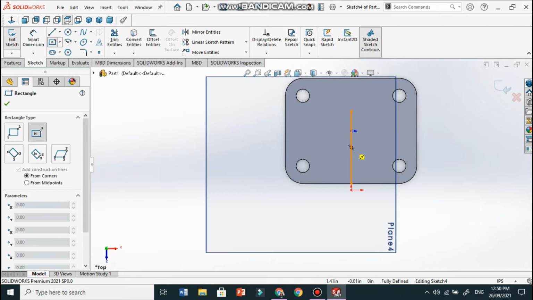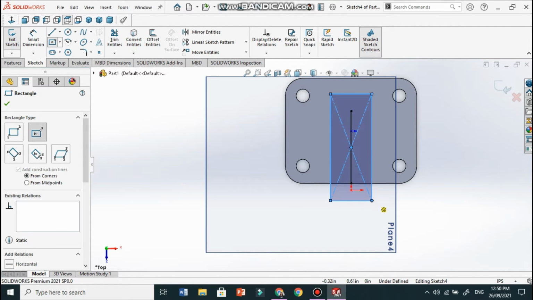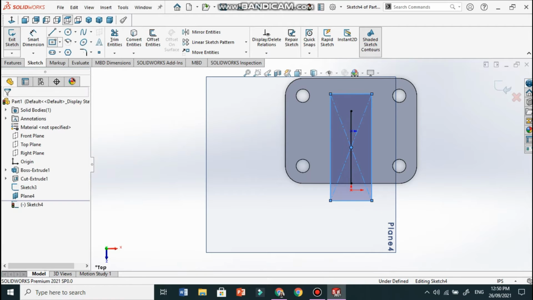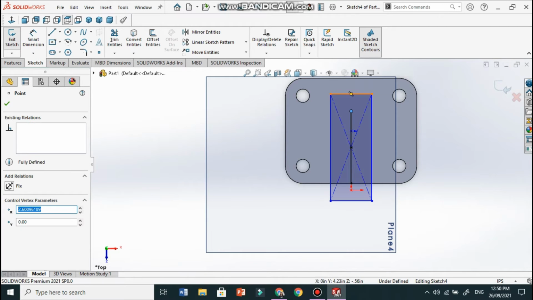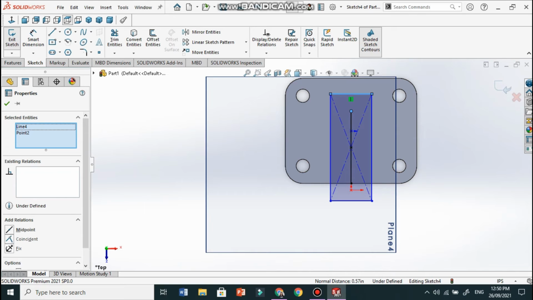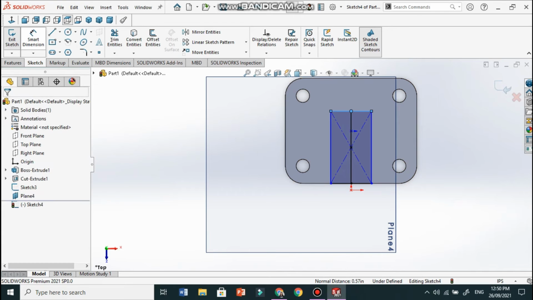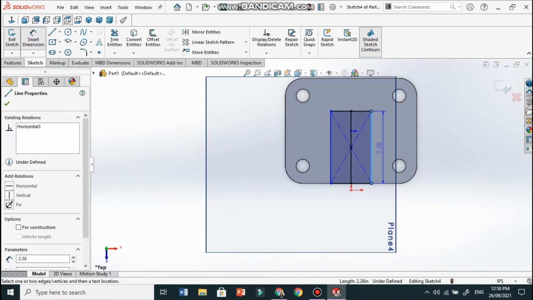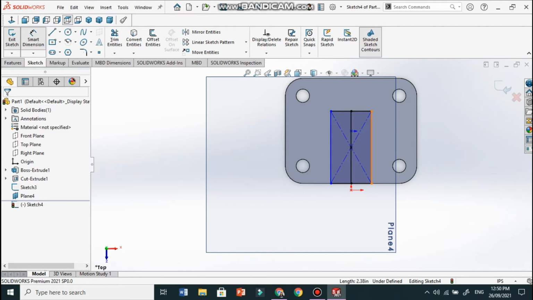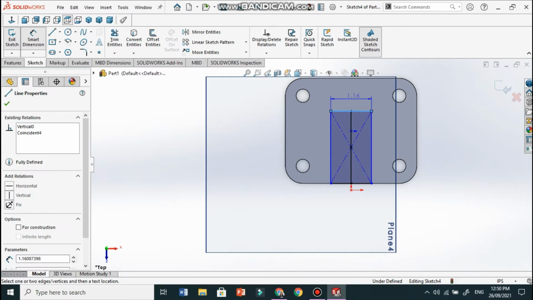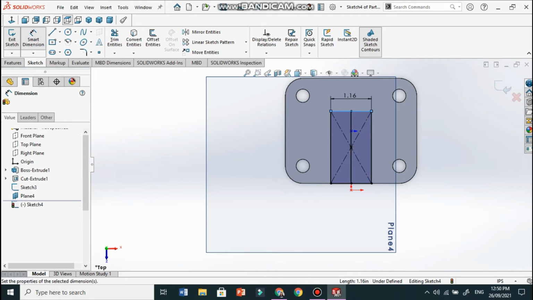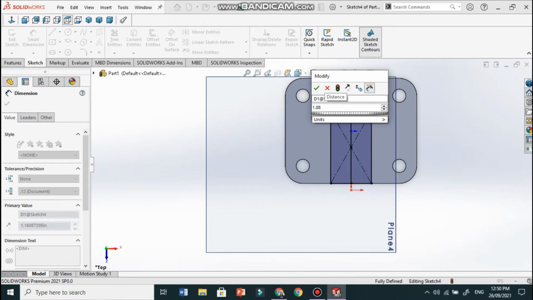Create a center rectangle in the middle of this line, and then click the upper line of the rectangle and the upper dot of line, then shift and then click the coincident at the left part. Check the dimension of this line with a measurement of 2.38, and at this upper line with a measurement of 1.88,